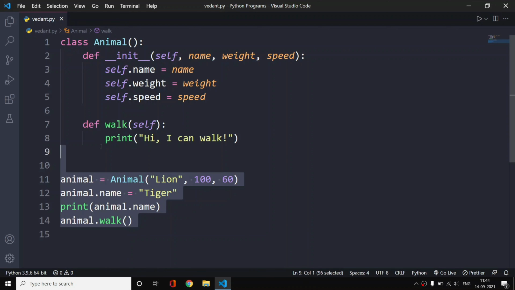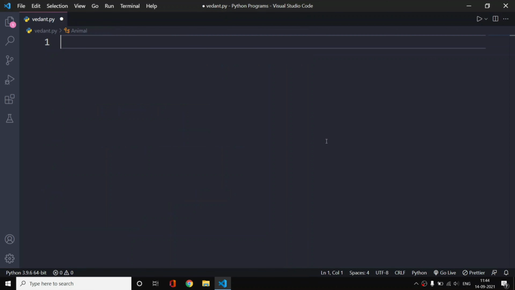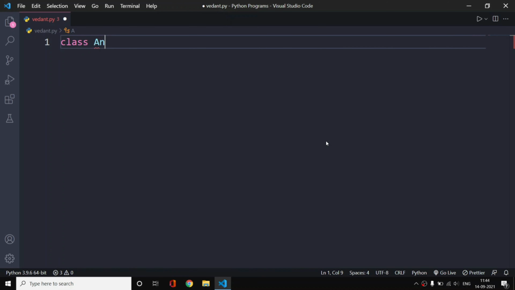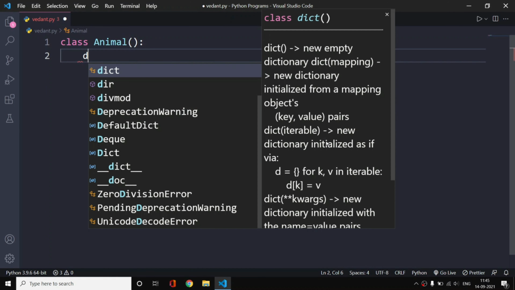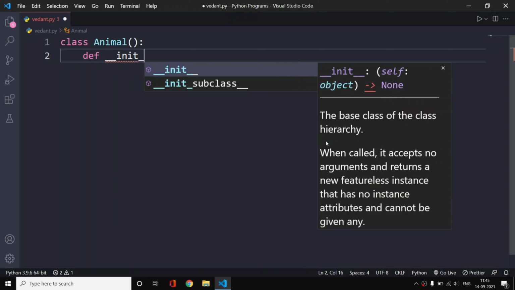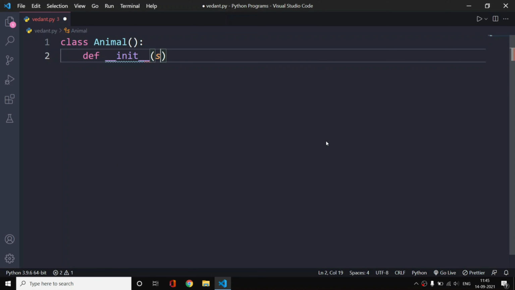So let me just delete all of this code. Now similarly we will create a class and we will give it the name animal. So now we have this animal class. Now we have an init method in this class, so we will create this init method, and in here I will pass self, and let's say we will pass the name of the animal, and the type of animal.